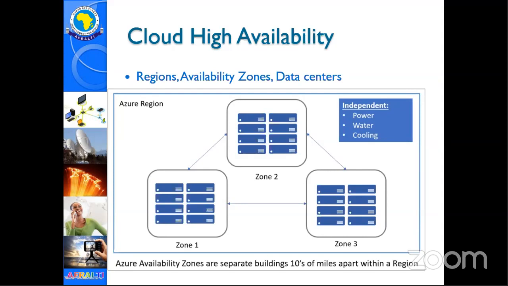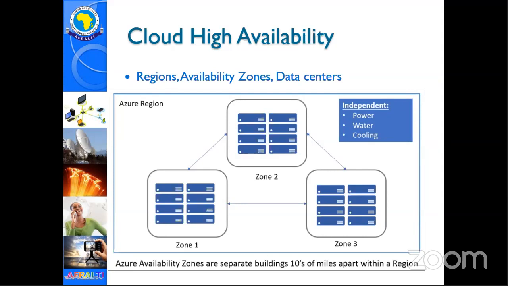And if a customer buys service with high availability, there'll be a copy of that cloud service in at least 2 of those zones, or even 3, depending on your fault tolerance. In this case, I wouldn't choose the zone that is in Mombasa Road and the zone that is in Karen, because they're too close. I would choose the one that is in Mombasa Road or Karen and combine it with the one that is in Thika, because at least there's a distance. If there's a calamity in Nairobi or a major power issue in Nairobi, then of course you'll see what happens.